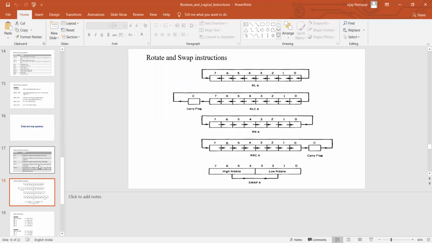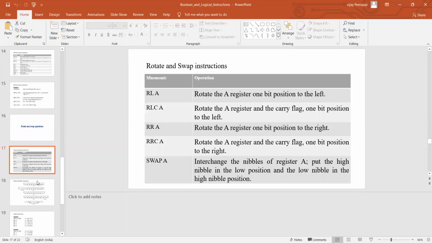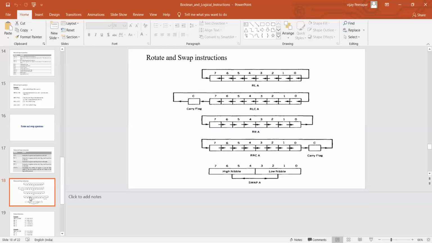One of the programs to check the rotate instruction is counting the number of ones and zeros in a given byte or in a given number. We'll see that program here.